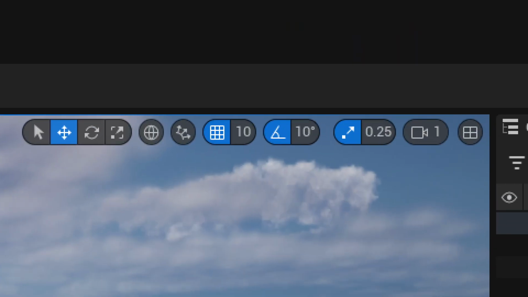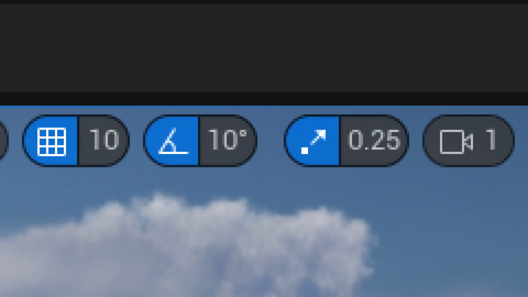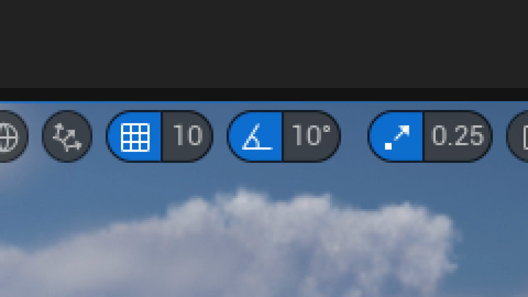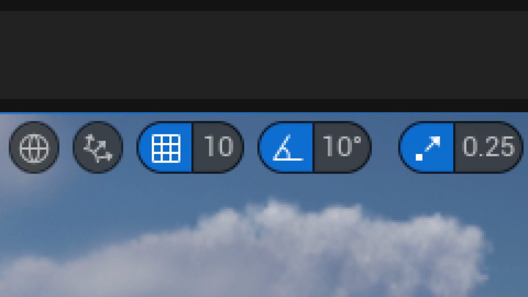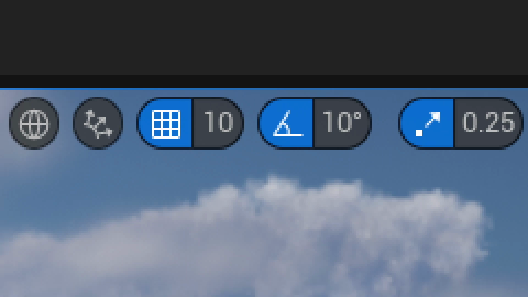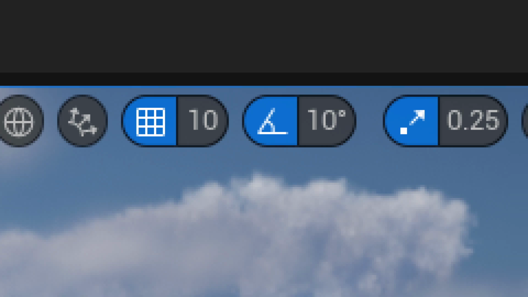These icons up here are snapping. So, snapping translation to the grid. A common question that comes up is, I can't place the object where I want, teacher. It just keeps jumping. Because you have snapping to the grid clicked on. Click the blue icon. It won't snap anymore. Right now, I have rotation set to 10-degree increments, so it's going to rotate in 10-degree increments. If you want to rotate in infinitely smooth increments, turn it off.